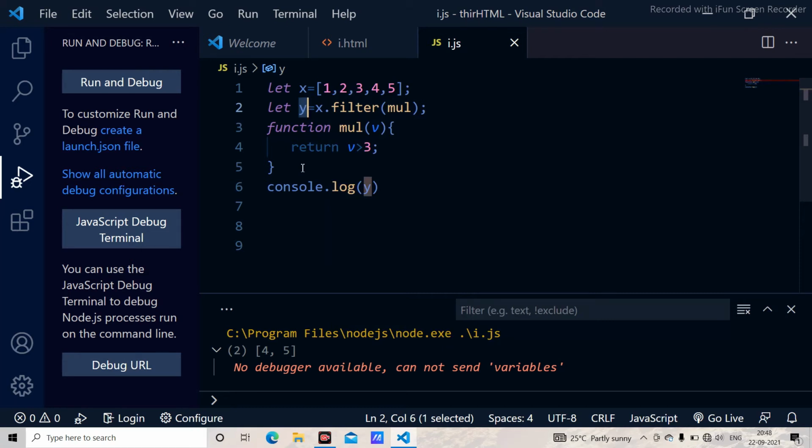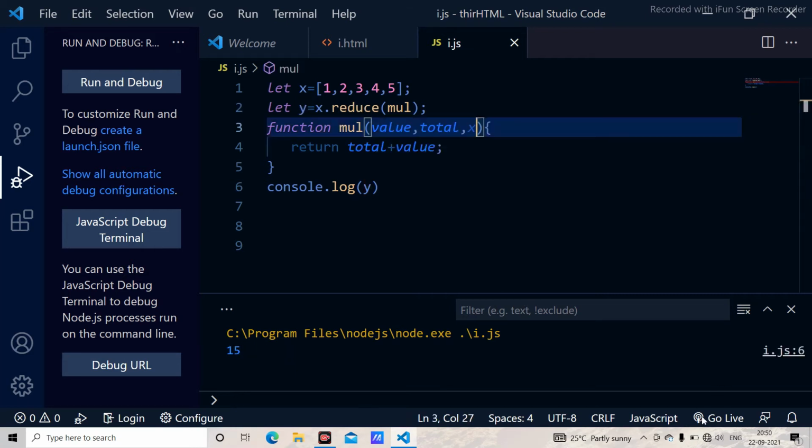Next we have reduce. Now I am going to discuss the reduce method. Whenever we use the reduce method, it is going to add or subtract or do whatever operation, and it will just give a single value for that. For example, here I am using x equal to 1, 2, 3, 4, 5, and I am using x dot reduce of mul.